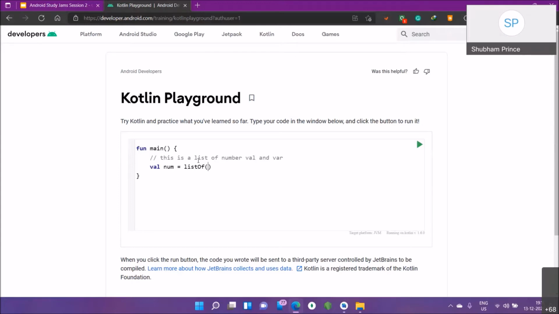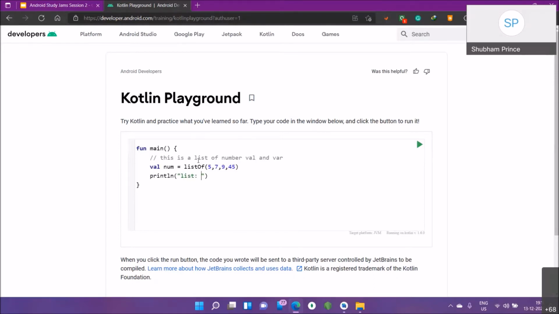Now let's add some values. It is a function, so it will have braces, and we can add values like 5, 7, 9, or let's say 45. println is the same as printing on a single line, without changing the line.